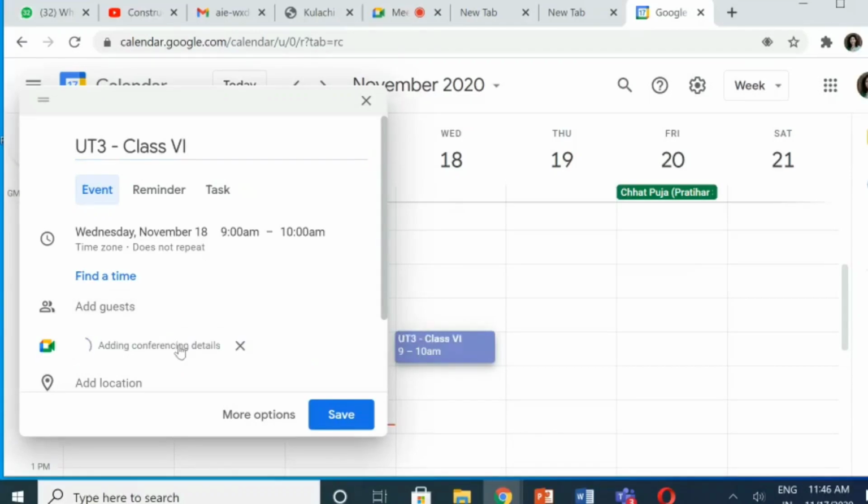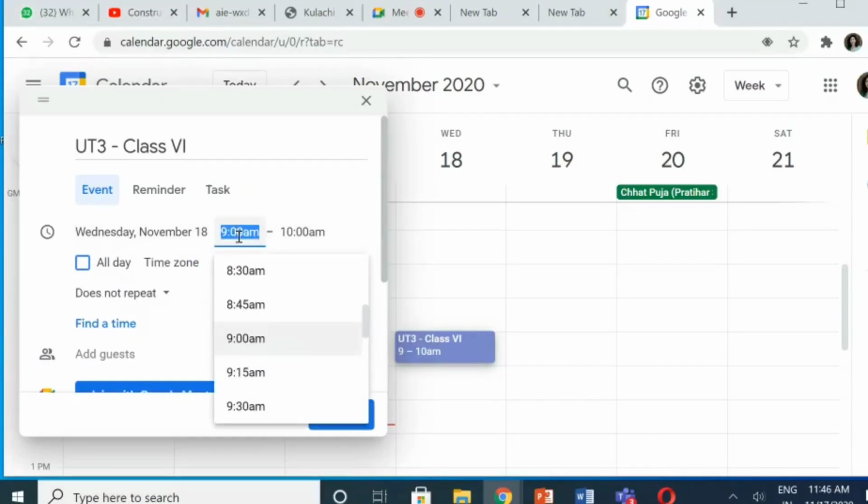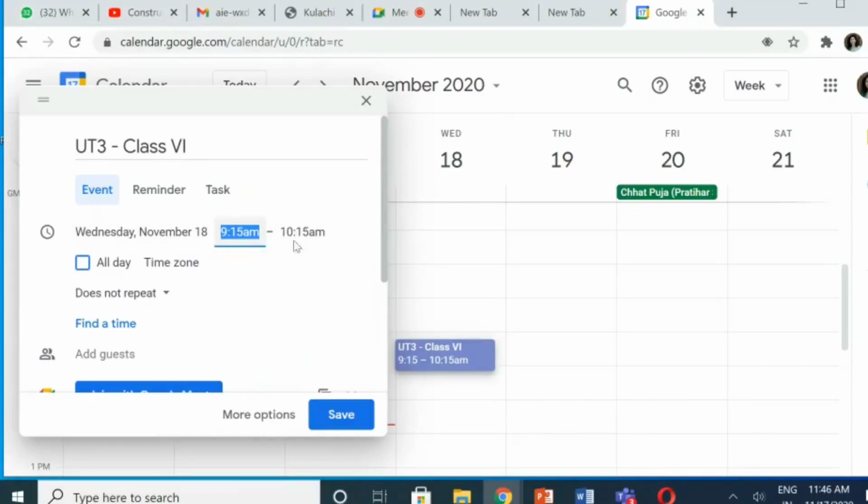Okay. And I add Google Meet conferencing. I want to change the time. I can do that. Let me change the timing also. I change it to 9:15, maybe 9:15 to be on the safer side. I'm putting it to 10:15 a.m. so that I have a window of 1 hour. I can extend the timing. There is no limit to the Google Meet timing. The problem we were facing in Zoom is during the invigilation for an hour, we always had to reschedule the meeting. Now that problem is sorted out because of the Google Meet app.